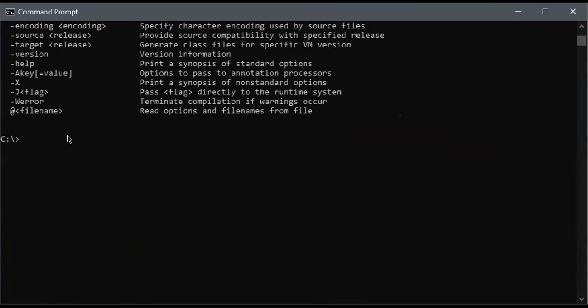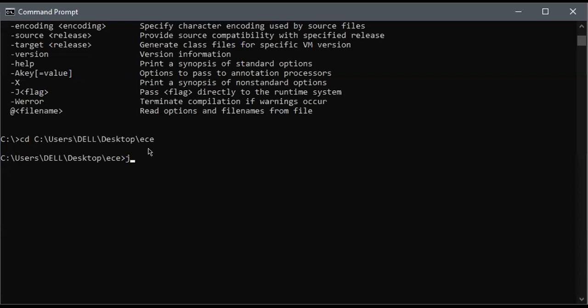And now if you want to go to your directory where the program is available, type the keyword CD and then space, already copied the path over there and then paste over here. And then press enter, so that you will go to your particular directory or a folder or a package, whatever it is. So inside this folder, your program is available.